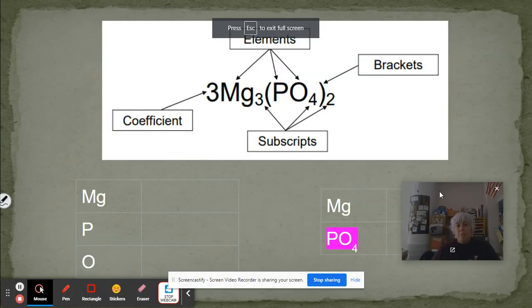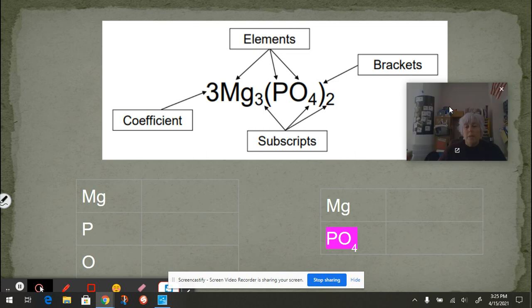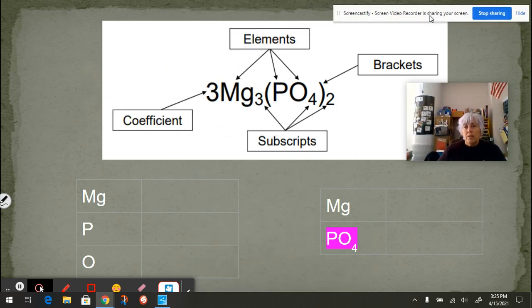Hi. This lecture is going to be about element inventories so we can make progress towards getting to balancing equations. Something I want to mention, and I'll mention it again later when we start balancing, is this is something called